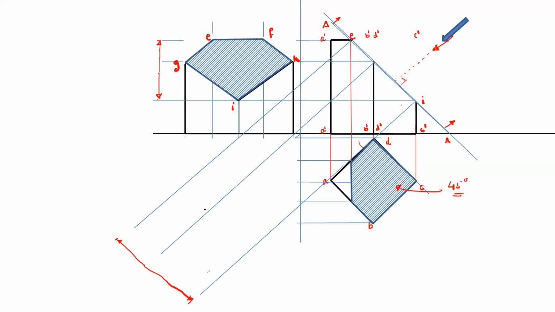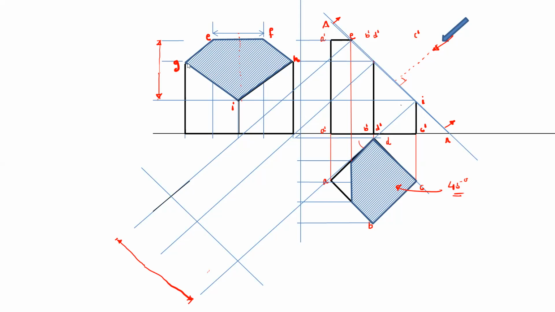Now draw one vertical line here that will represent the center line, because this view is symmetric about this center line. So this is your reference line or the center line. Now take the distance EF. You can measure this distance and mark it on the projector coming from points E and F. So this line has the same length as EF.